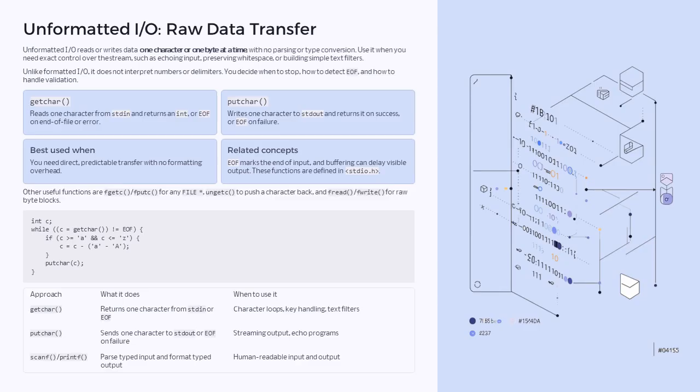The following is a simple example to print a character: int c; while ((c = getchar()) != EOF) { if (c > 'a' && c < 'z') c = c - 'a'; putchar(c); }